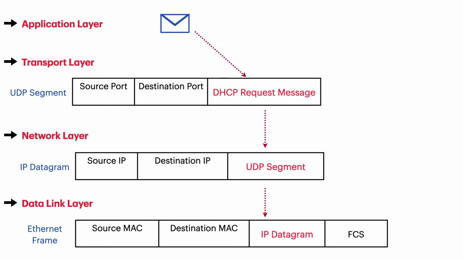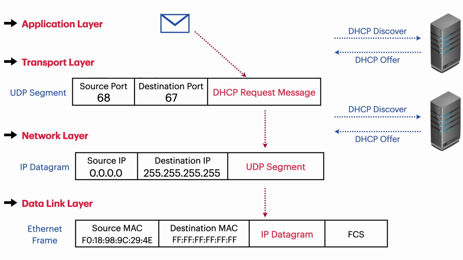The message is then broadcasted within the same subnet. As the message is going from the client to the server, the UDP source port is set to 68 and the UDP destination port is set to 67. Source IP address and source MAC address are the client IP and MAC address. Destination IP and destination MAC addresses are the broadcast addresses. Note that till now the IP address is not confirmed for the DHCP client.